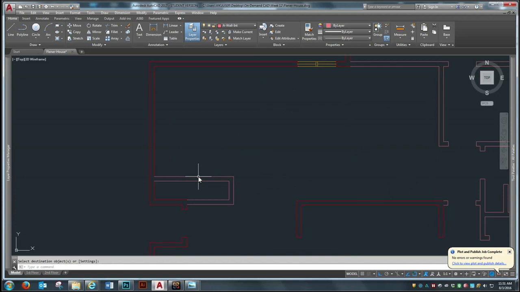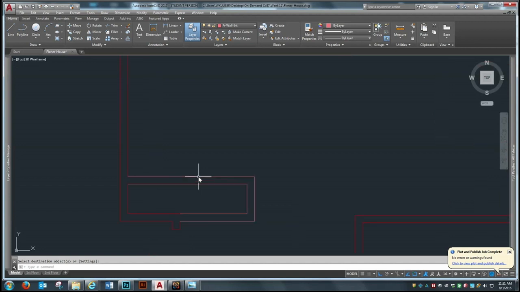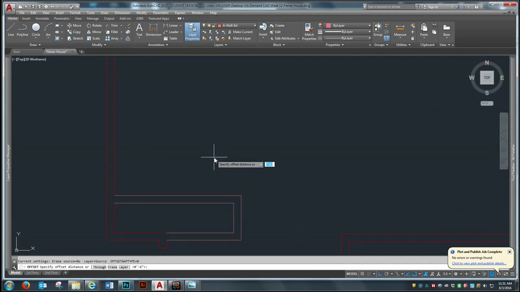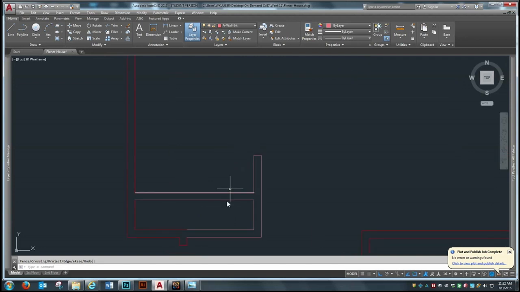Then we will offset 2'6", do fillet, and trim that. So now we have in the kitchen, the refrigerator will sit here, so we have kind of